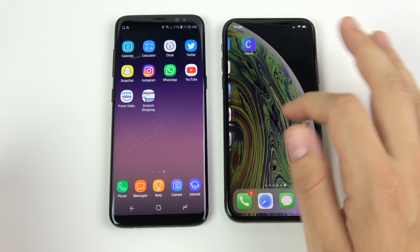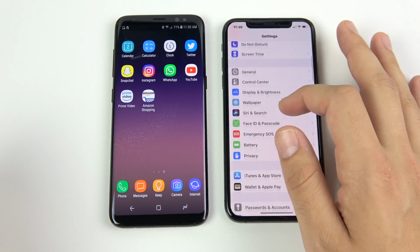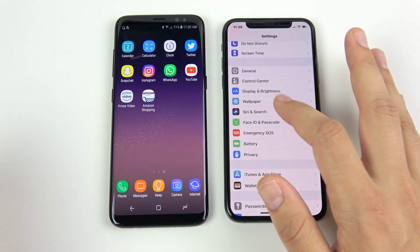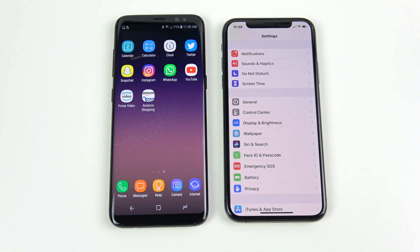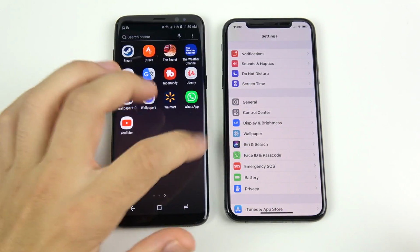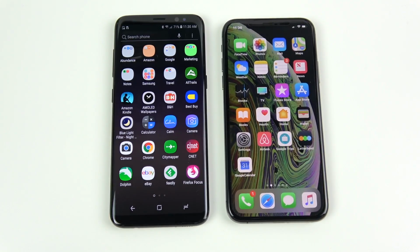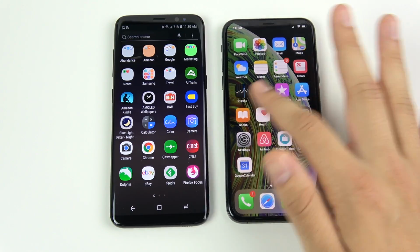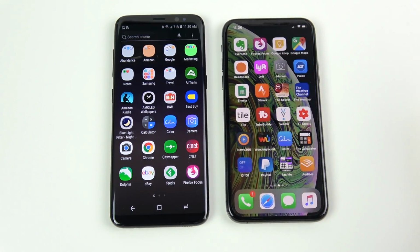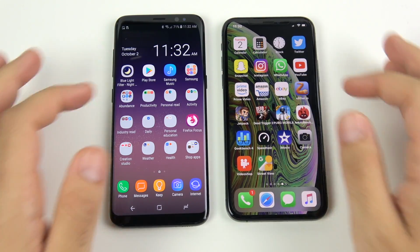So you get iOS 12 here on the iPhone XS, and that's going to be updated very frequently, and it's going to go up to iOS 13 as well, and you're going to get many more iOS updates for years to come here. Now, Samsung devices, you're going to be waiting for quite some time. I'm pretty sure the S8 will receive Android 9 Pie, but first it's going to come to their more premium phones like the Note 9 as well as the S9, whereas with the XS and any other iPhone, you're going to get that first. So I'm going to give the iPhone XS the win here when it comes to software,